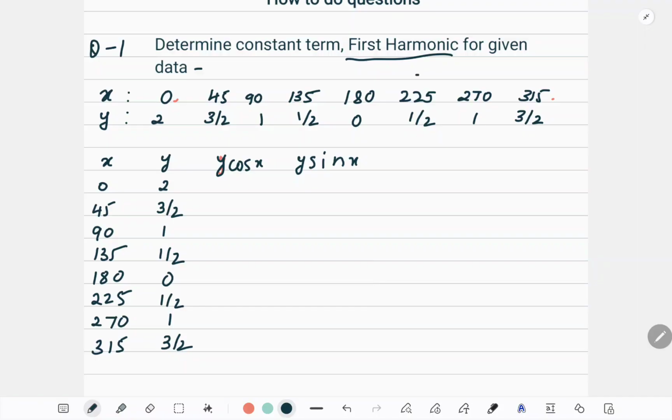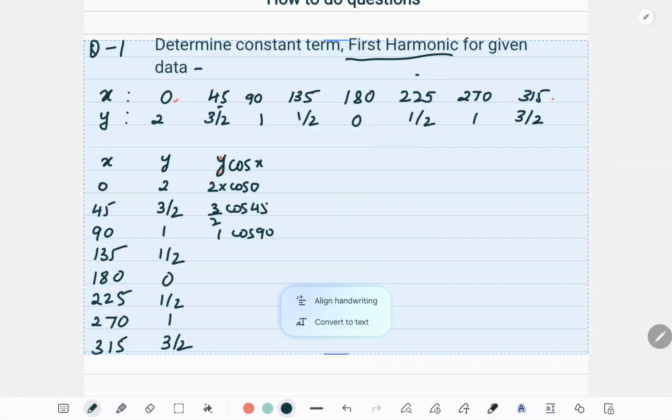Now take out your calculator. These are given in degrees, so your calculator should be in degree mode. The first value of y cos x means 2 into cos 0. Correct? Next will be 3/2 cos 45. Right? Then 1 cos 90. This way you find all the values. So what will the values be? I'll just make a little space here. So your y cos x values will be, and remember that you need to,